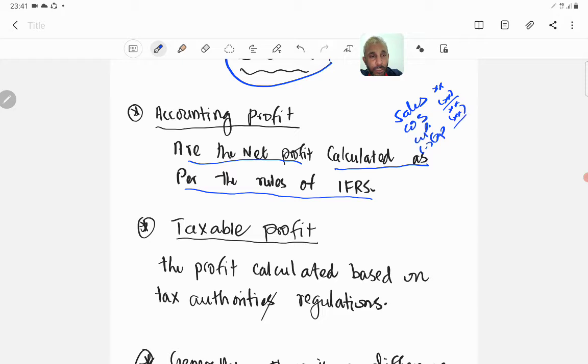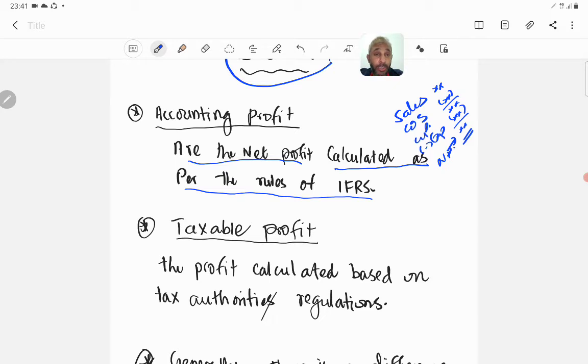So once we subtract expenses, we will take it as the net profit. Based on previous knowledge of IFRS and other basic concepts related to accounting, we know how to prepare